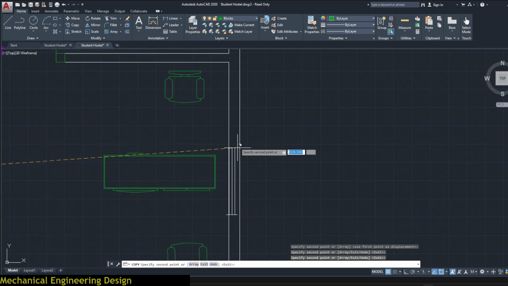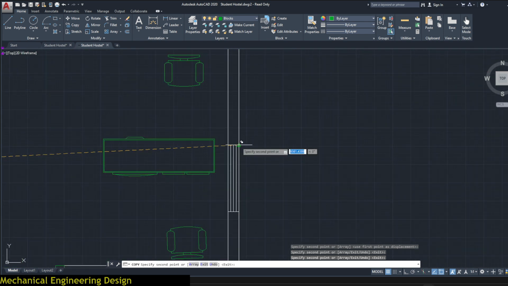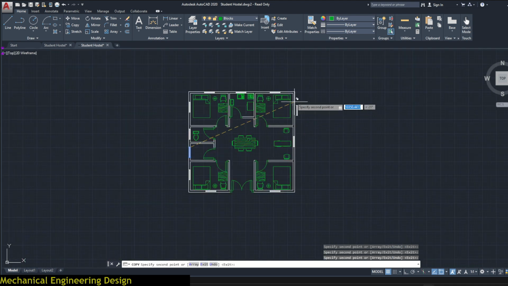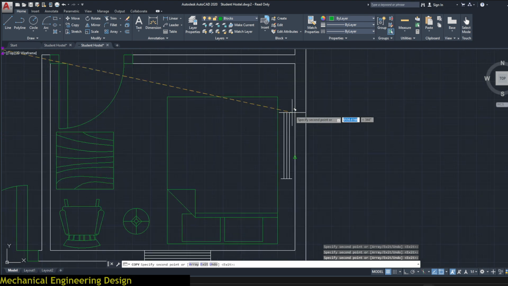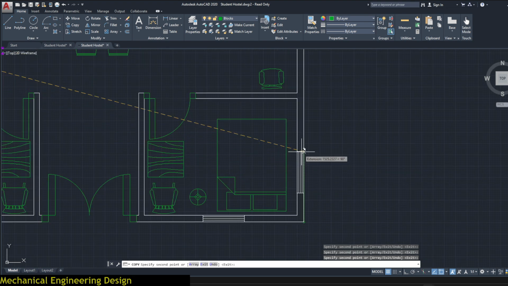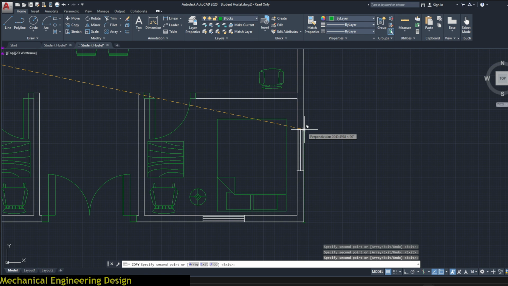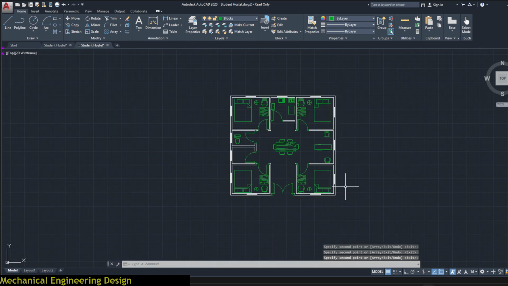Now at the PlayStation, they also need a window. Paste it there. This room also needs a window here. Two windows are enough for each room. Paste it there. Now see,